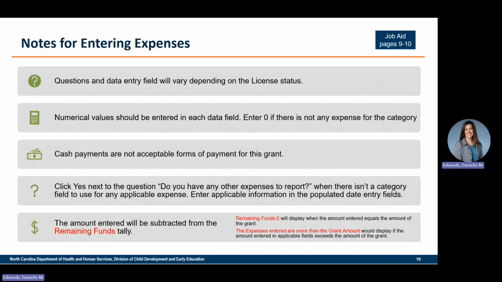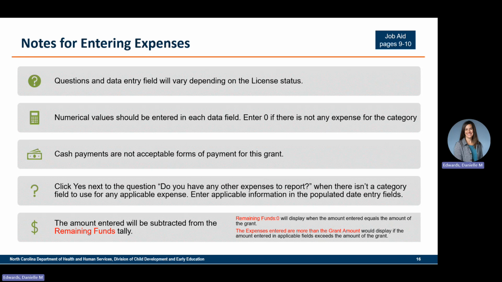Some notes to consider while you're entering your expenses, and for your reference, it's on the job aid pages 9 through 10. Questions will vary on your license status at the time of application. Numerical values should be entered in each field. Enter a 0 if you have no expense for that category.